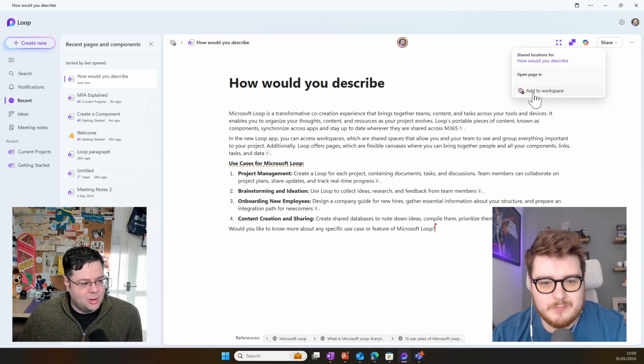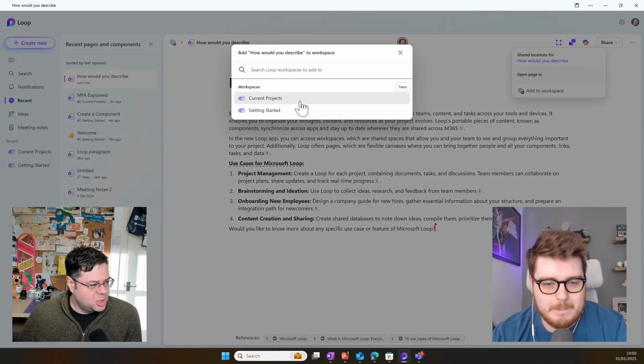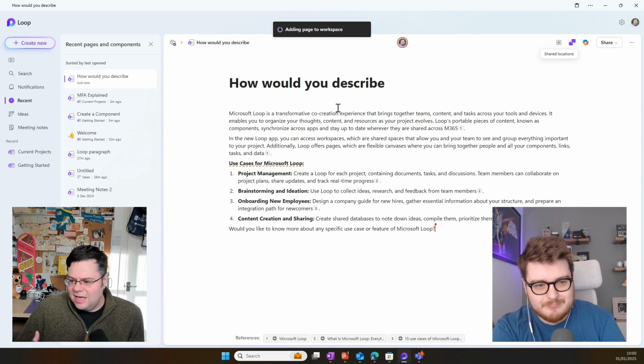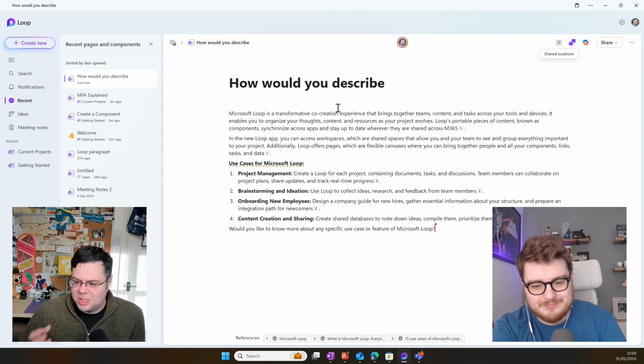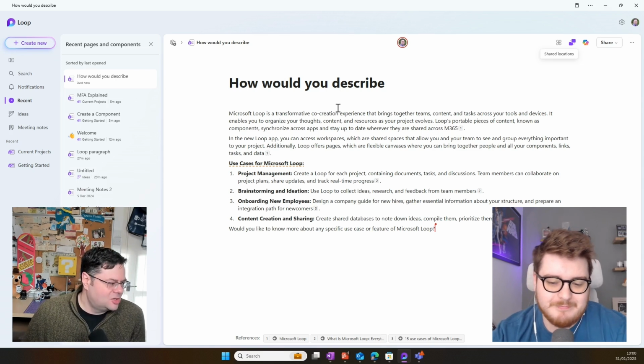I mean, maybe they're thinking that that's more advanced collaboration and that on the O license it's more a personal productivity tool. But it feels a bit weird because, like, that example that I talked about, taking it out of Copilot, up on my screen, I've got, where do I want to add this? I want to add it into my workspace. I'm going to put it in my current project. That's getting me to use Loop more. It's not like it's a super fancy, complex security feature, which is normally the delimiter for O versus M licensing. So yeah, that's strange.